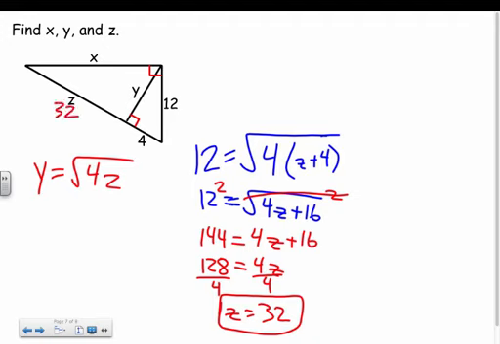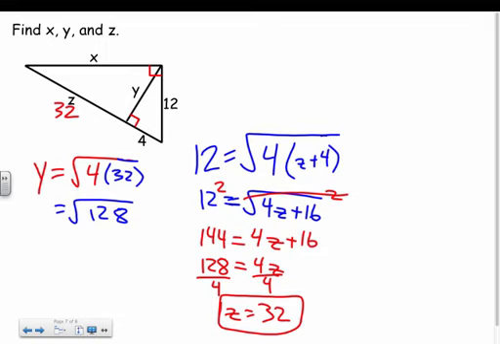Well, now I can plug this into that first one I had. I'm going to put in 32 for z over here when I was trying to solve for y. So 4 times 32. Well, 4 times 32 gives me 128, which is not a perfect square. Does it have perfect square factors? Well, let's give it a shot. I can divide by 4. I can get something bigger than that. Let's try dividing by 16. I can do something bigger than that. Let's try